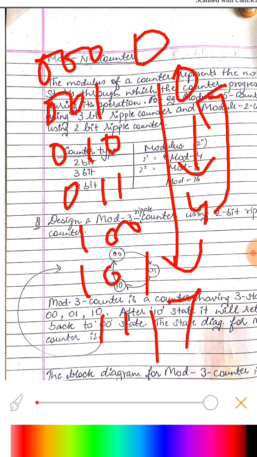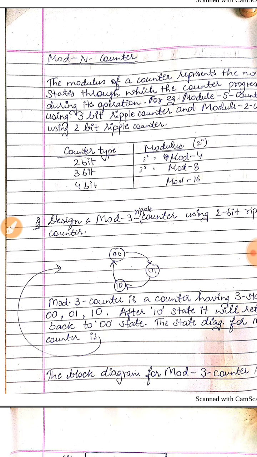How would I implement these counters? Because I have 8 combinations of input possible, that is 0 to 7, but I want to count from 0 to 4 only, and after that the circuit will reset and reach the initial count, that is 0. So how would I implement this sort of counter? This is what we do using a modulo counter.